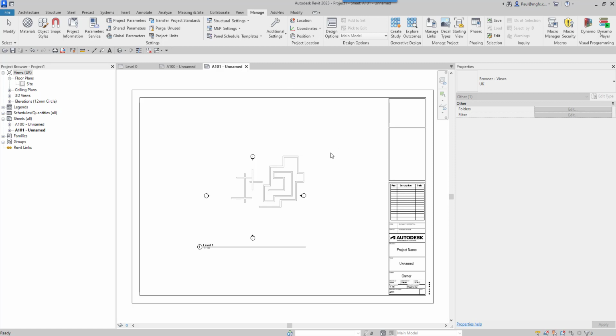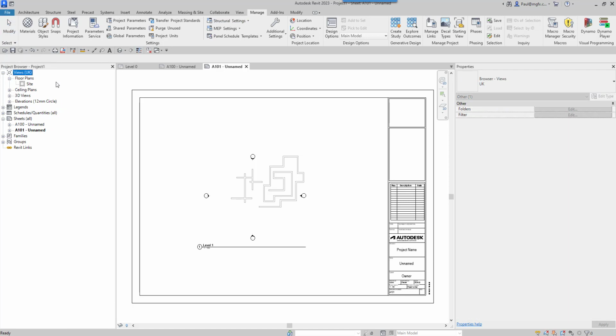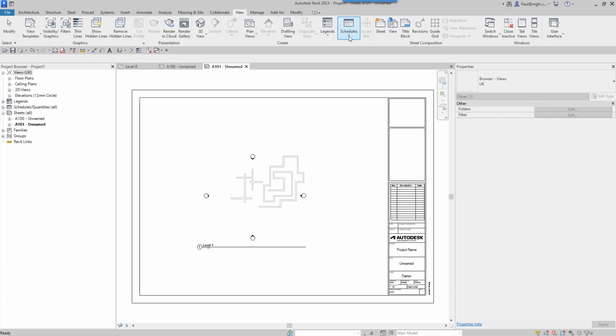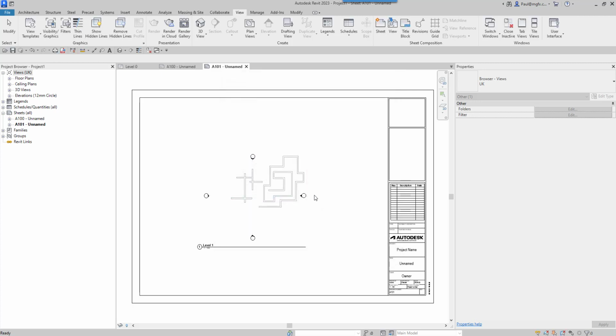And then just as a final note on that, remember that there's two things that we do. Earlier than 2023 we hide the views on the sheets. Few companies do that, but that's how Revit is properly set up for a UK Revit protocol. And then we also create a sheet list. So once we create a sheet list, we include something like the name and the number, or the number and the name,